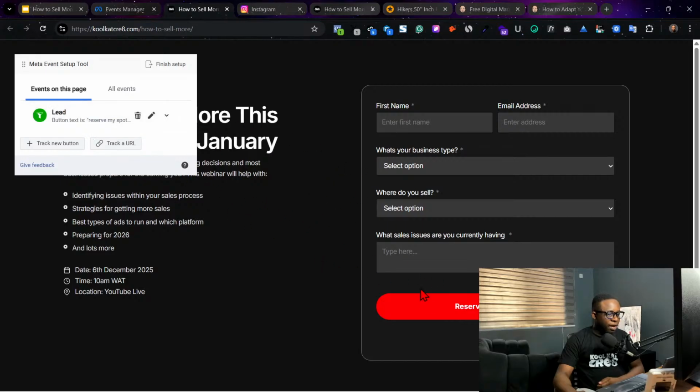So I could see here, I told Facebook that anybody that clicks on this button and successfully goes to another page is qualified as a lead. So if I was doing purchases, if anybody clicks on this button and pays and gets to this other page, it is qualified as a purchase. So Facebook can recognize purchases. And imagine Facebook is giving you exactly this.